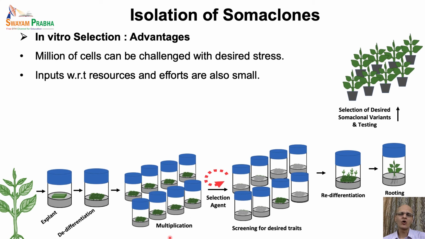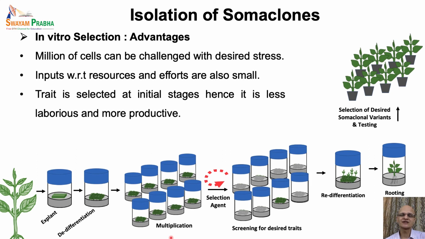Further, all these procedures are performed under controlled conditions with small inputs with respect to efforts as well as resources. As the selection for the desired trait is made at the initial stages of development, it is less time consuming as compared to the in vivo approach